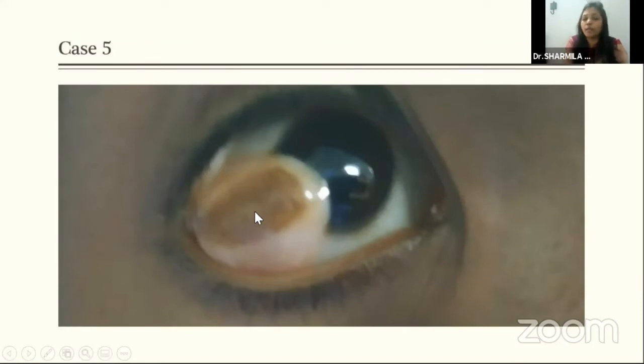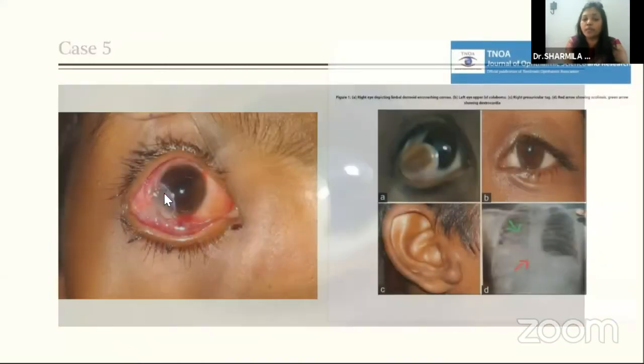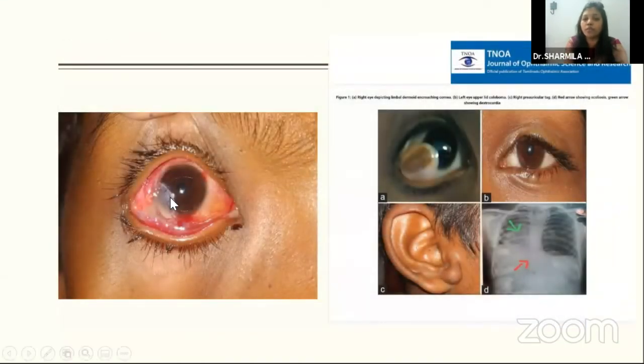So when do we operate? Usually we treat it conservatively. You can remove the cilia, give some symptomatic improvement, tear substitutes and glasses, because these children will definitely have astigmatism, but you have to measure the amount of astigmatism. And if it is more than 1.5 diopters, probably we have to take the patient for an excision biopsy with a lamellar patch graft.